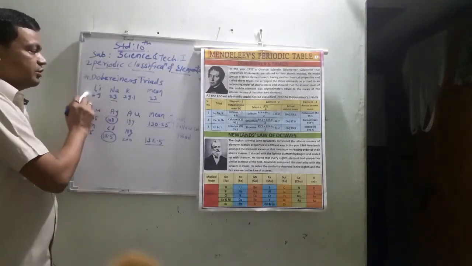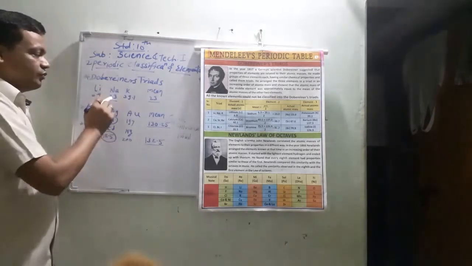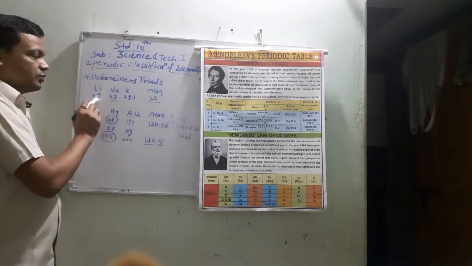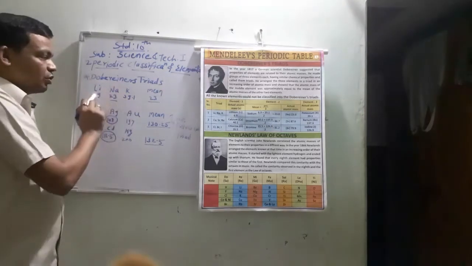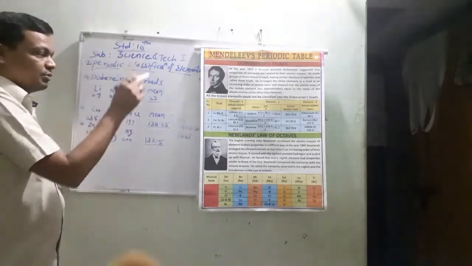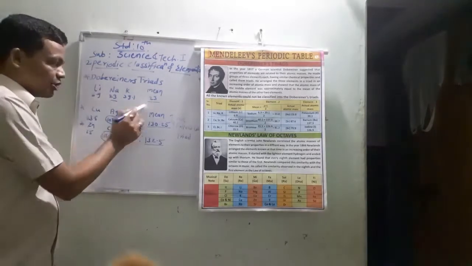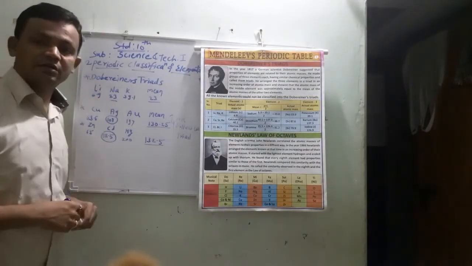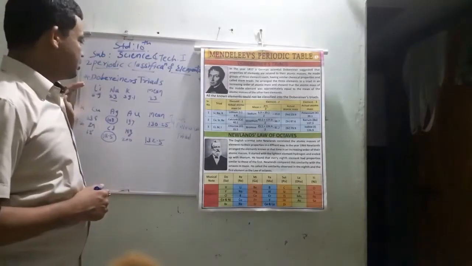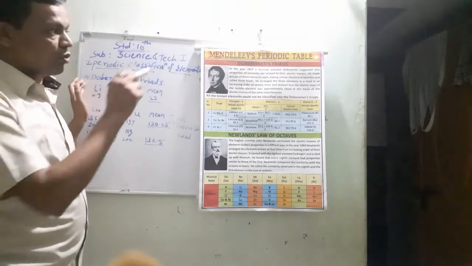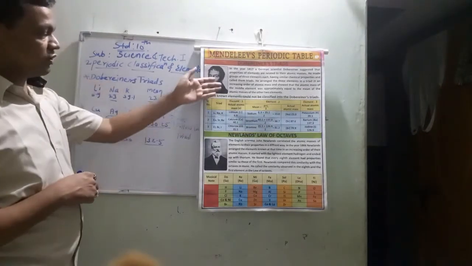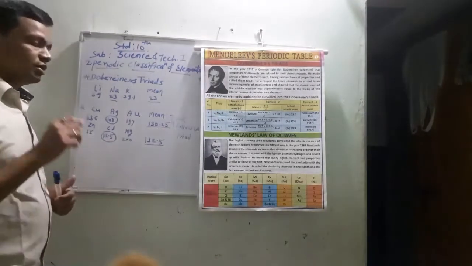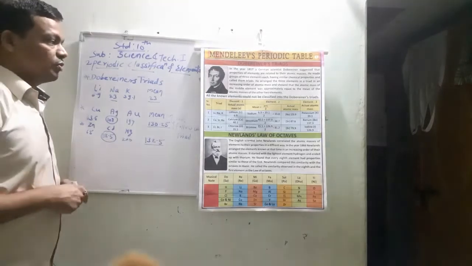Here, in lithium, sodium and potassium, if we calculate the mean of the atomic masses of lithium and potassium, the mean comes to 23, which is the atomic mass of sodium. Hence this is a Dobereiner's triad, because this group obeys the law of Dobereiner. In this way different triads exist, as we saw last time, but there are some drawbacks of this